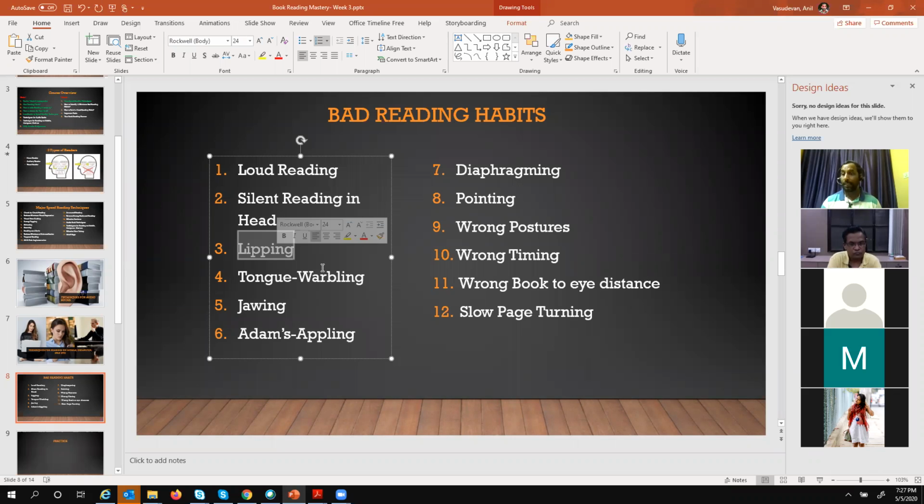Then book to eye distance is another key important factor. Like the standard recommendation is like 25 to